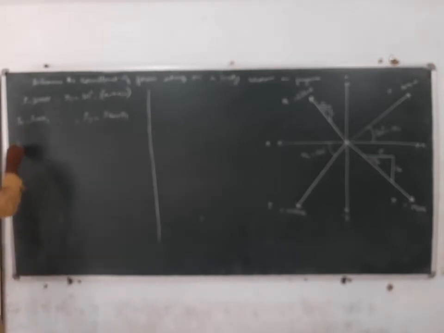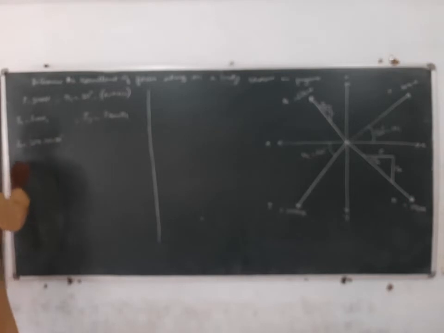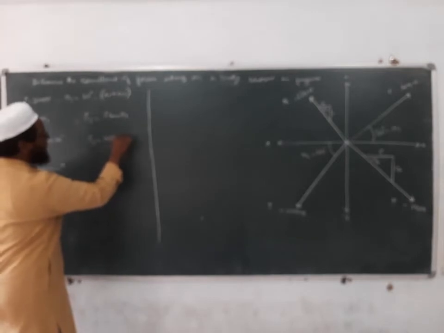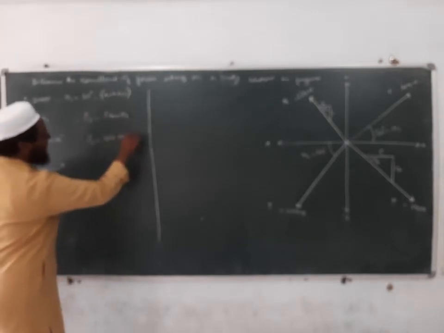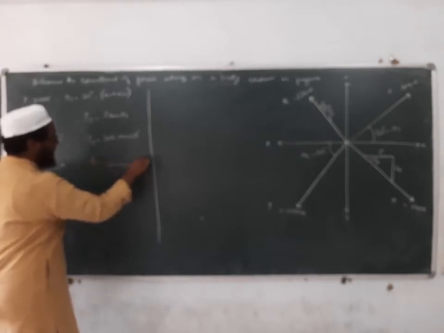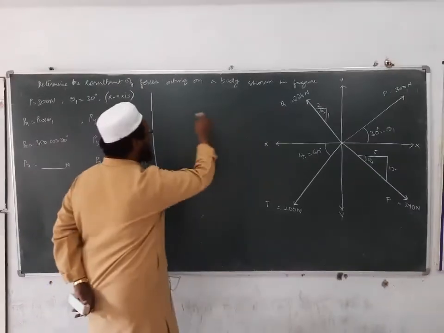So Px is equal to P. What is P we have? 300. Theta 1, cos theta 1, so cos 30 degrees. So Px is equal to, you will get some value in newtons, isn't it? Next we have Py. What is the value of P we have? 300, into sine theta 1, which is 30 degrees. So Py also will get some value in newtons, isn't it? Next we have another force, that is 224.